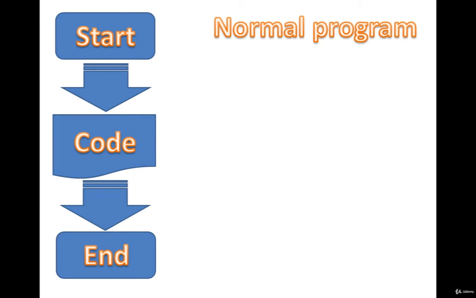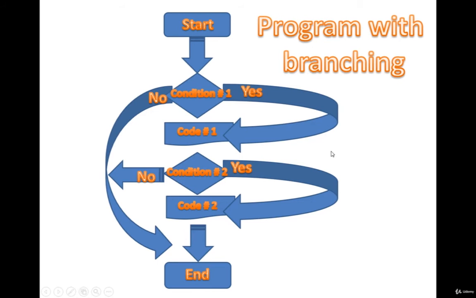A normal program contains a start, in the middle the code, and the end of the program. A program with branching has a start